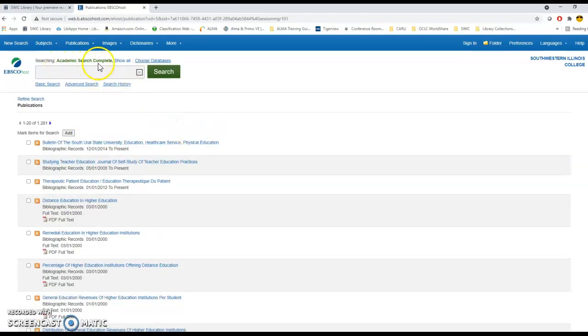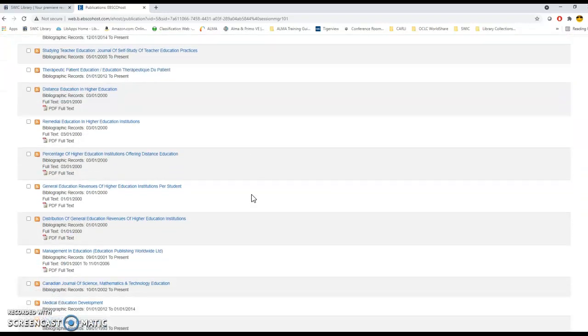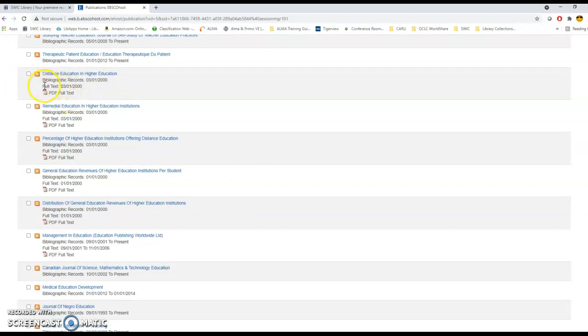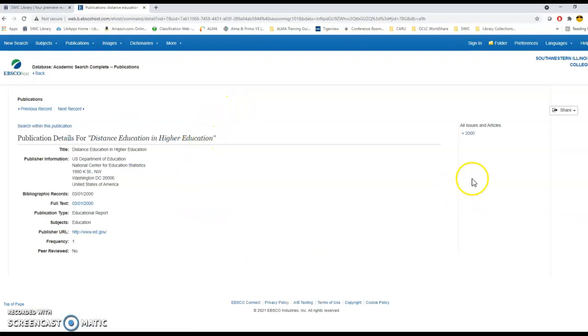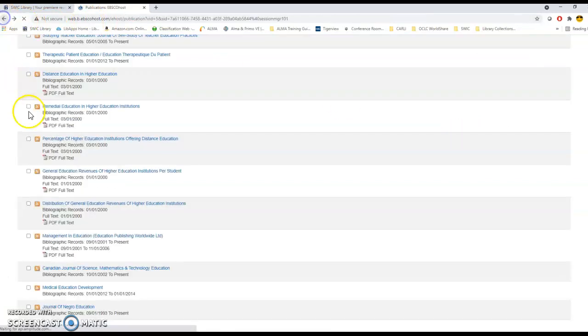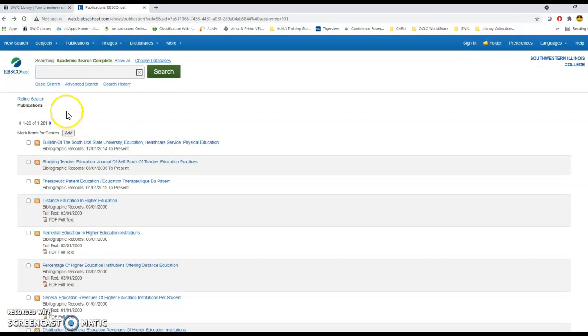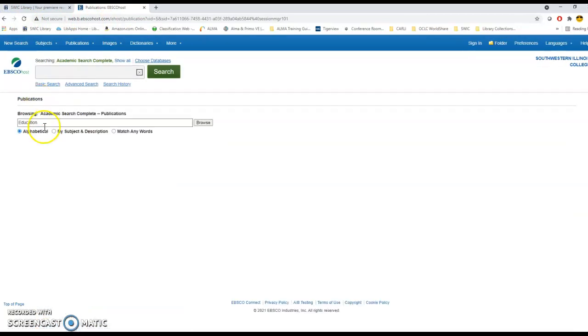In Academic Search Complete, just this one collection, there are 1,200 journals and magazines that are about education. So I can scroll down. I can see quickly if they're full text or if they have just abstracts just by looking right here. And anything that's full text, I can click on. And I can look at the issues right over here and view the issue from the year 2000. Now we could go up to the top and do a new search for our publications. If I refine my search,